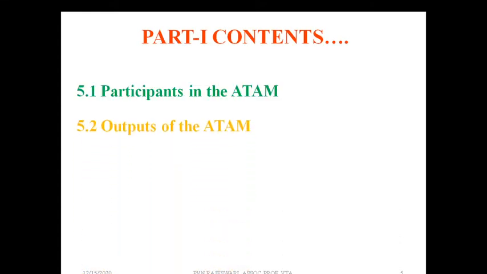So, 3 parts. Let us start with the first part. Before that, I would like to give some introduction. The first part contains three concepts. First, the participants in ATAM: who will verify this, who will analyze this, who will take care of this. Second, what is the outcome of this analysis step by these participants. Finally, how can you develop or construct the total analysis method? It contains phases, that is, phases 0, 1, 2, 3, 4. Those phases we are going to deal with here.